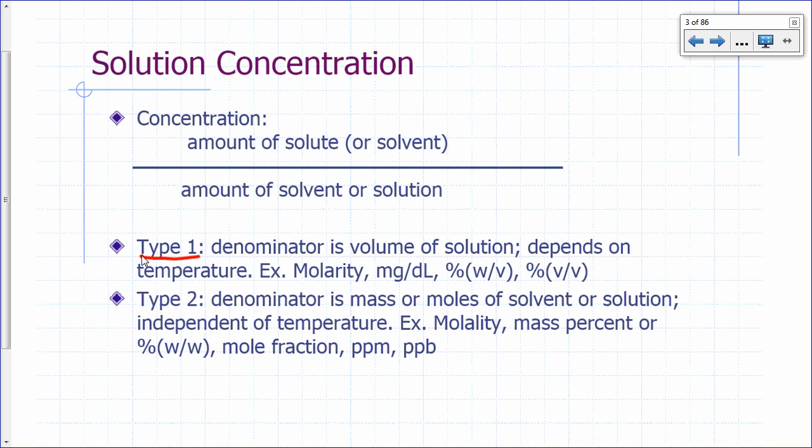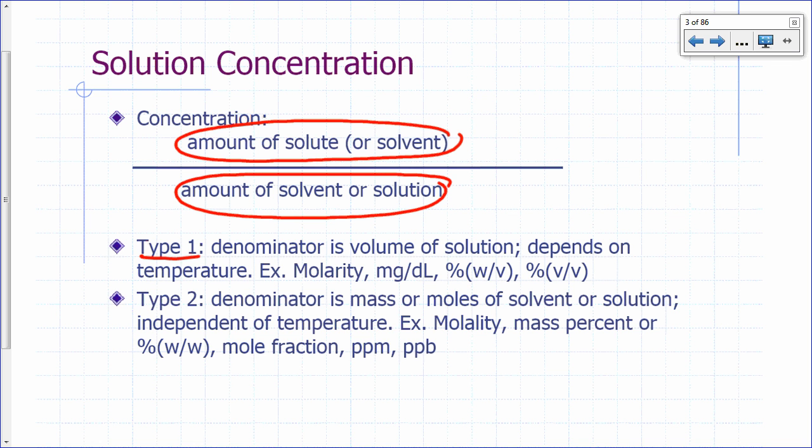Okay, first of all, concentration tells you the relationship between the amount of solute or solvent, usually we deal with the solid in the numerator, to the amount of solvent or solution. So it's a ratio of two things, the amount of solid or solvent compared to the amount of solvent or the entire solution in the denominator. In type 1, one type of concentration unit that's commonly used involves the use of volume of the solution in